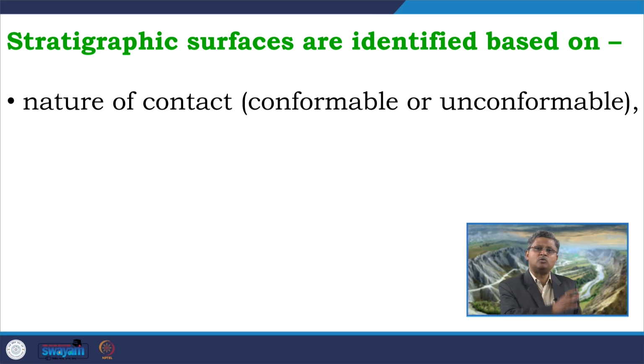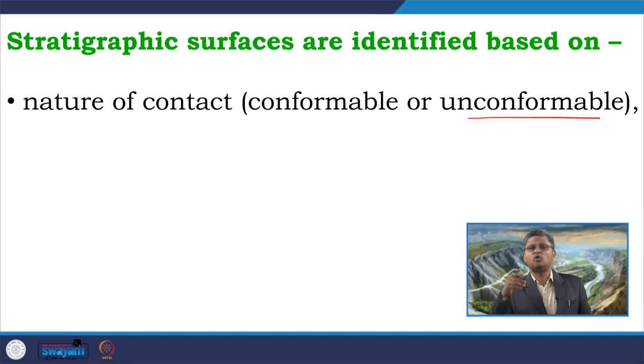We have discussed the different types of sequence, and there we have understood how we define a depositional sequence. A depositional sequence indicates the package deposited between one unconformity at the bottom and the next unconformity at the top. So, definitely the surface bounding that package for a depositional sequence should be an unconformable contact.